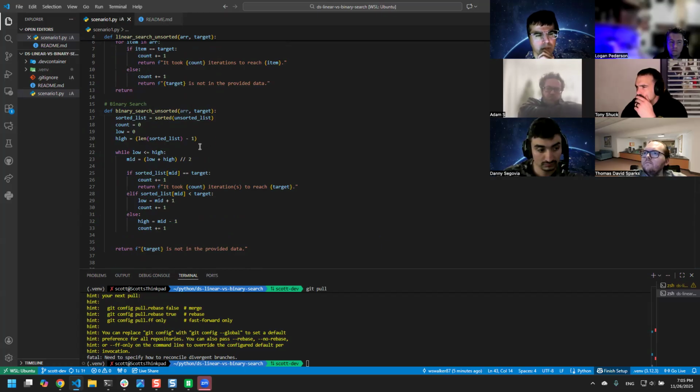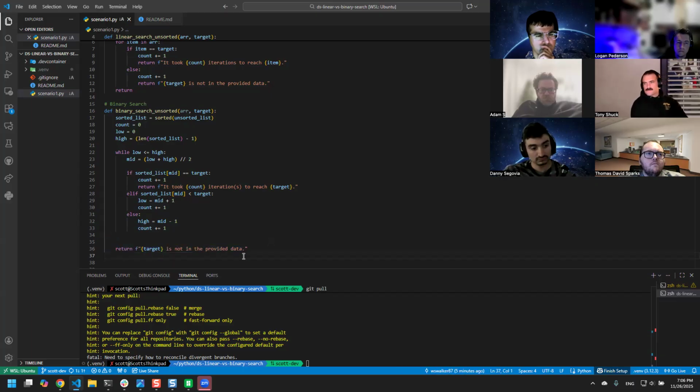So the length of the array minus 1, and then just start splitting it in half from there. So if it hits the first time, you have a count of 1 and you're done. Otherwise, your low becomes mid plus 1 and your count goes up. And then if it's bigger, it's going to be mid minus 1. And it's just going to keep doing that as long as low is lower than high. And then it'll return not found in the target if it's not there.